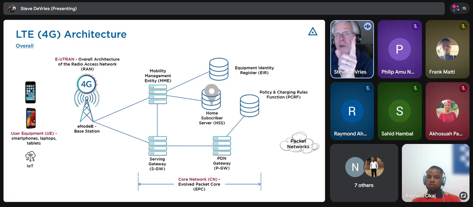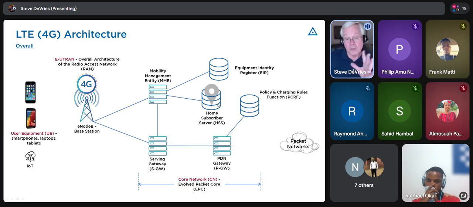You can apply different policies to different data streams. You might be using your data to talk on the phone. You might be using it to surf the internet. You can have multiple data streams active at the same time, and you can apply different policies. A policy would be a latency, guaranteed bit rate, quality of service. You can apply different policies to different data streams through the P gateway, because remember, you got these different data pipes here going to these different networks. So that whole function was new in 4G.